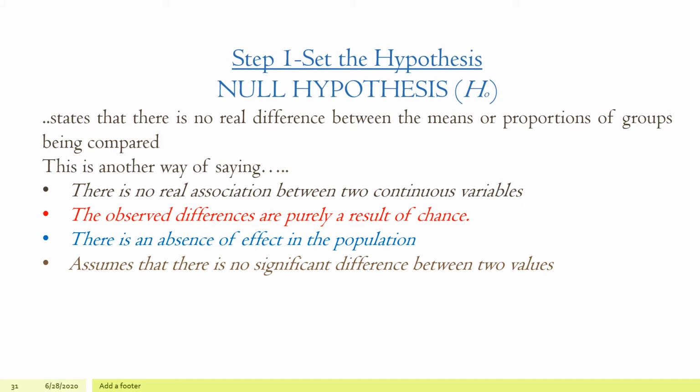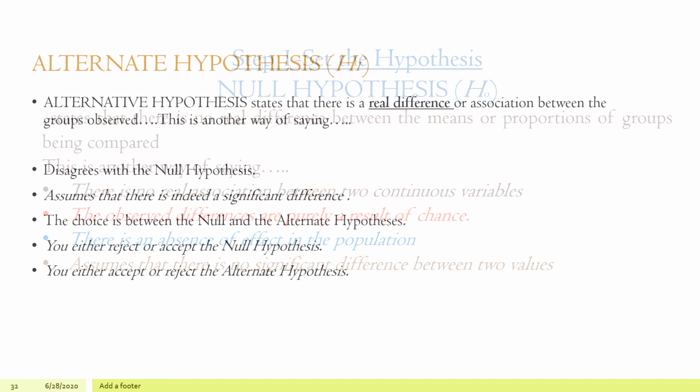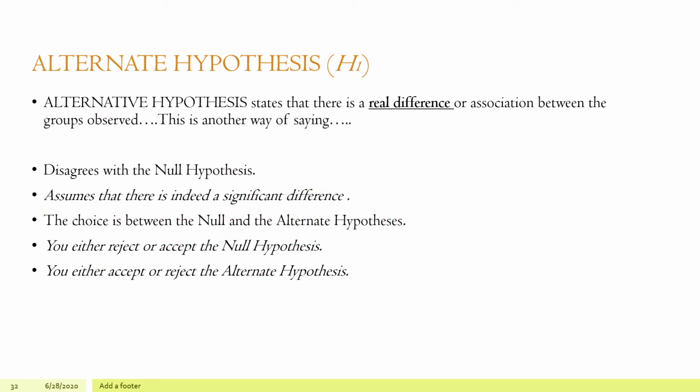And what is our alternative hypothesis? There is a difference between the heights of batch 22 and batch 23. So we have to always start with the null hypothesis. There is no difference. That is like negative. And if you find a difference after doing the study, then you reject the null hypothesis and accept the alternate hypothesis. So I already told you what the alternate hypothesis is.